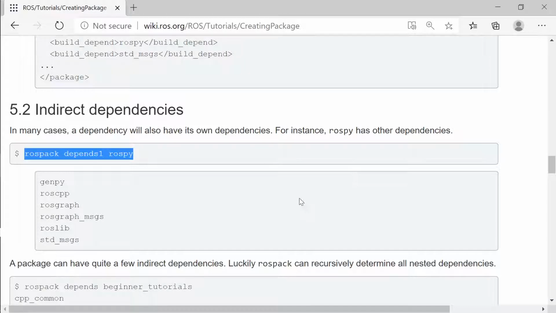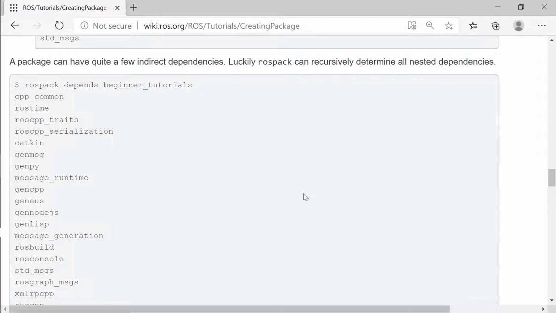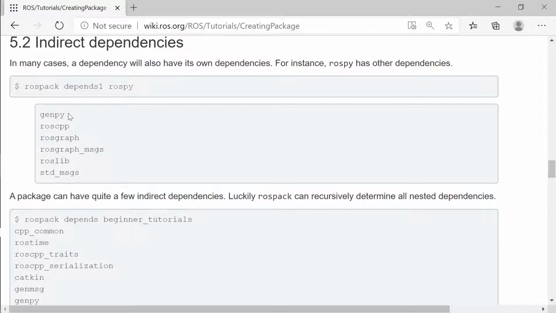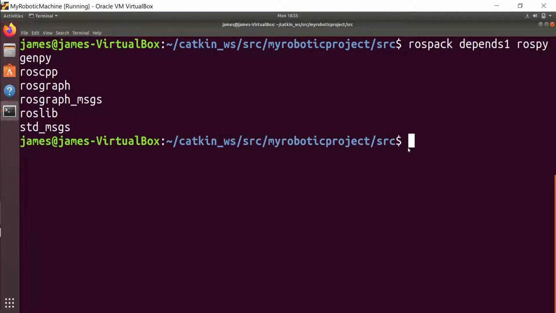Okay, having done that, when rospy depends on the second packages, it means it is a second level dependency, right? I am dependent on rospy, and rospy at the second level is dependent on this. So if I want to see everything my package is dependent on, whether directly or indirectly, I don't say depends1, I simply type depends.